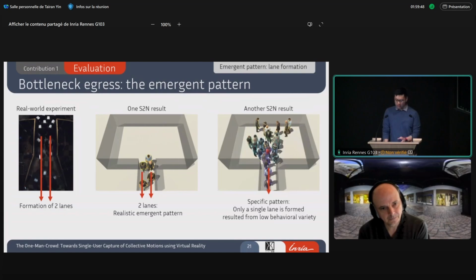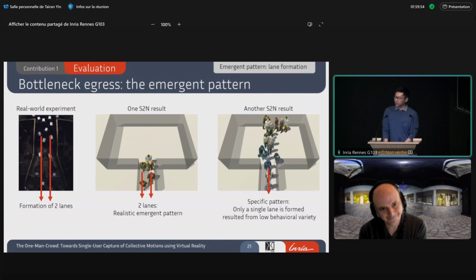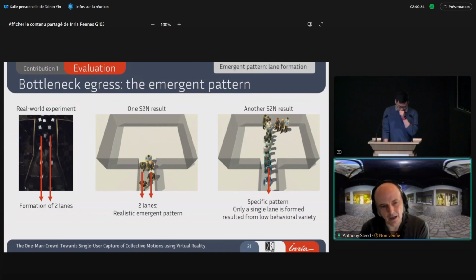or phenomena, where they just line up. This person, I think he's a very polite person, and during the capture he realized that it wouldn't be possible for the others to interact with him, so he chose to wait politely at the entrance of the bottleneck, and at the end the queue just grew, and he just walked to the end of the queue. I think it's not only the instruction which matters, there is also the role of personality, which is quite important in results. Okay. Yeah, I've got more questions, lots of questions about variance and so on.